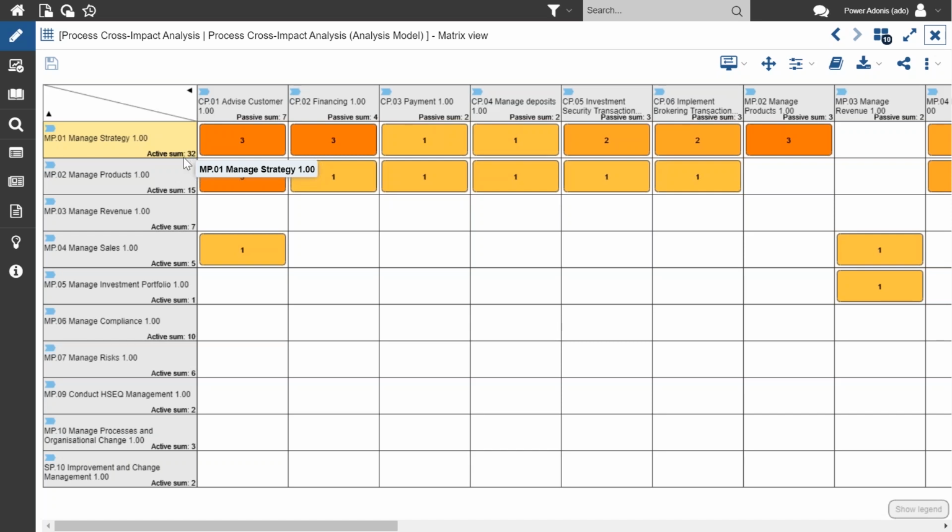So right here in the active sum, if we focus on that, essentially what that's going to illustrate to you is how impactful a given process is, assuming it's changed, right? So the higher the number, the more it reflects its impactfulness. Whereas the passive sum, looking down this way, is essentially giving you an idea of how impacted a given process actually is. So again, the higher the number, the more sensitive this particular process is